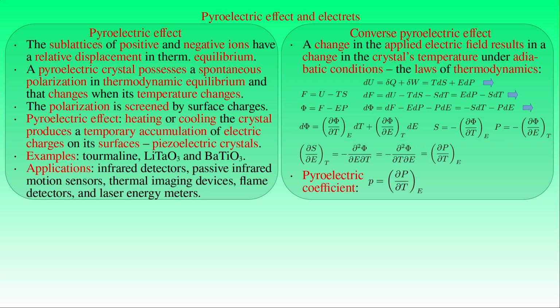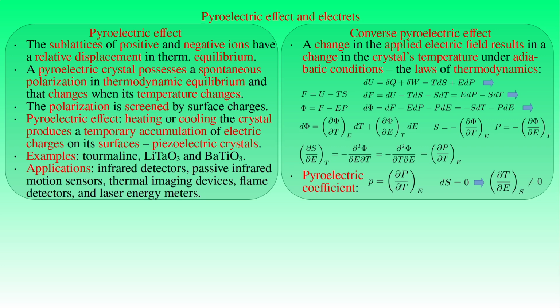For a non-zero pyroelectric coefficient, the Maxwell relation shows that an electric field applied to the crystal will change its entropy. Under adiabatic conditions where the differential of the entropy S vanishes, any variation in entropy must be compensated by a change in temperature. Consequently, modifying the electric field produces a temperature change, which is the converse pyroelectric effect.